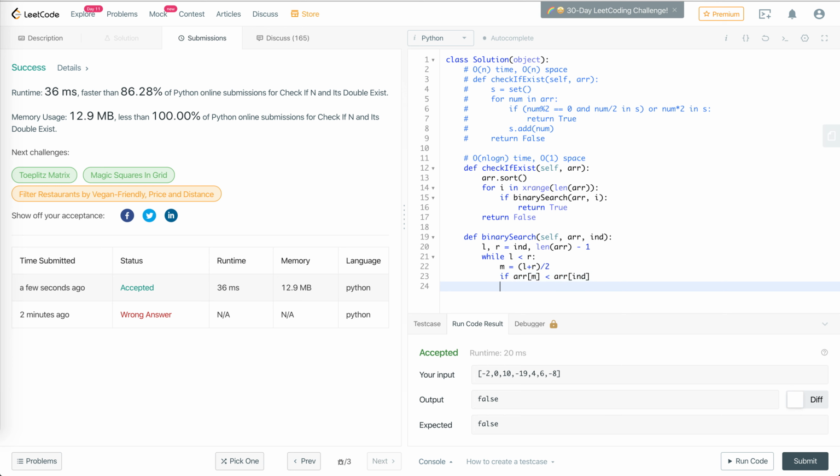Okay. Let's say the number we were trying to find, if it is greater than the middle value, what do we do, guys? We'll find it in the right half of the array. So that means we will reassign the left value to the middle one, right? Else if,